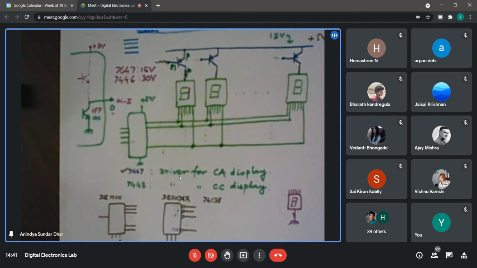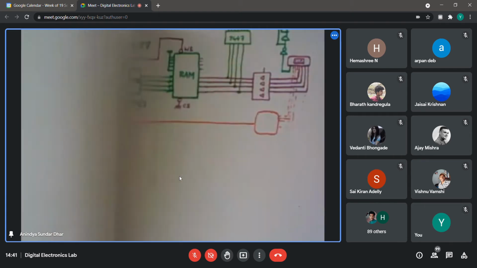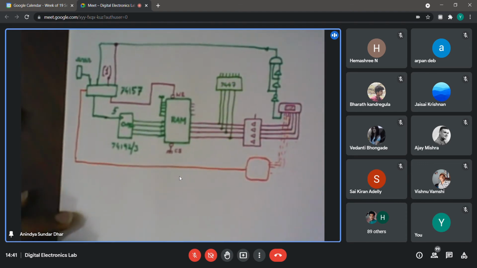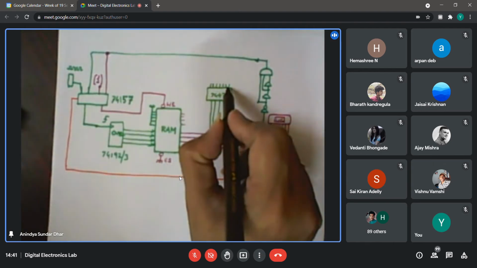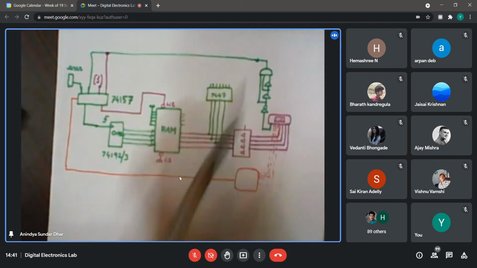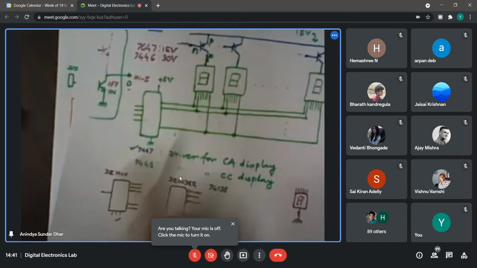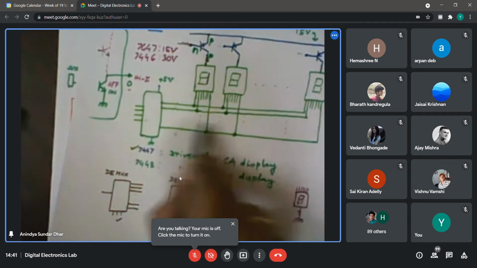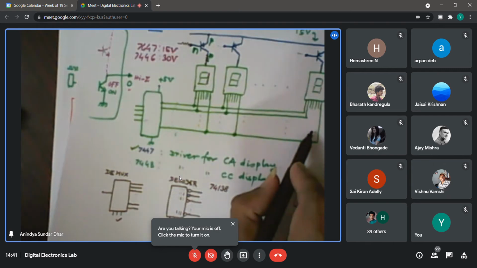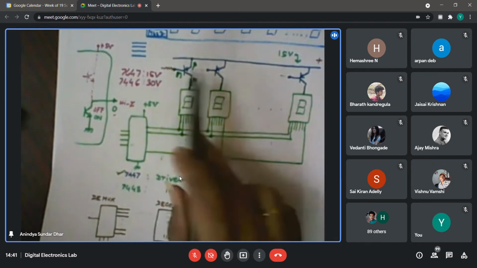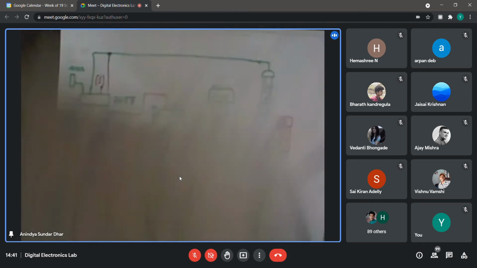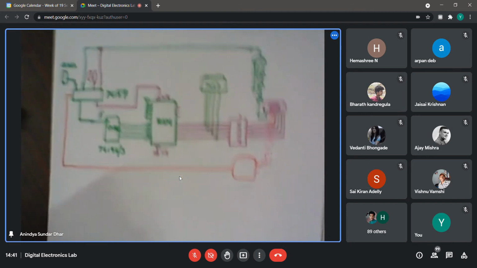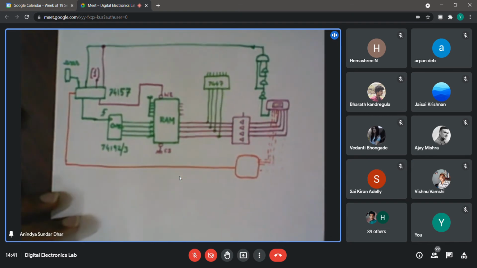The 7447 will be fed by the RAM, right? 7447. So let me show that connection. This is what you have already made. So right now what we are proposing is that this 7447, which you already have, is connected to just a single 7-segment display. Now we are saying that, okay, let that connection be there, but in parallel you connect many other, maybe 7 other LED displays. And right now we assume the transistors are there in practice. So the 3 inputs of the decoder should be connected to a counter, the clock of which will be the same as the clock of this circuit.